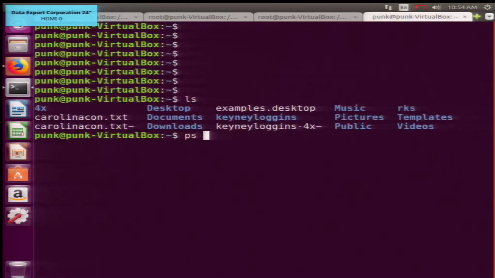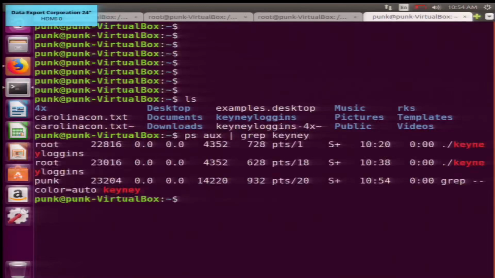Okay, so we have Kini logins running. If we do ps aux grep Kini, we see a number of processes related to Kini logins. I think I ran it with sudo, which means you'll see two processes, one sudo and one not. Is that correct?